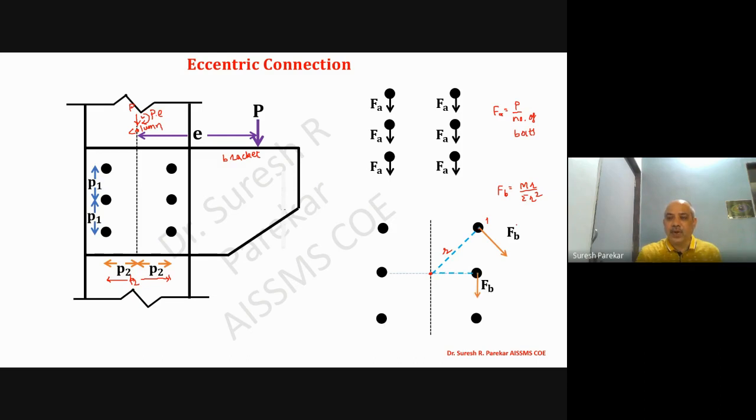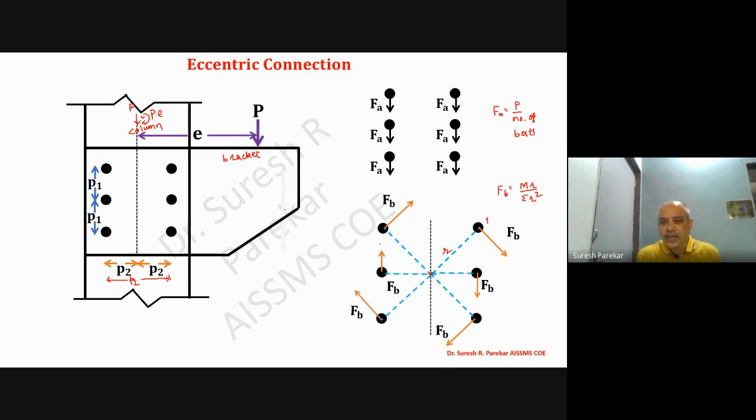Now second bolt group, again we have to connect centroid of bolt group to the center of bolt and perpendicular to it. Again it should develop clockwise. Likewise we have to go for force which will develop clockwise moment. So we are going to get by all these, that is clockwise couple, and that will give me Fb as MR upon summation R square.